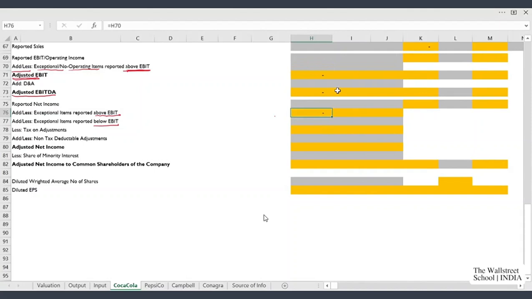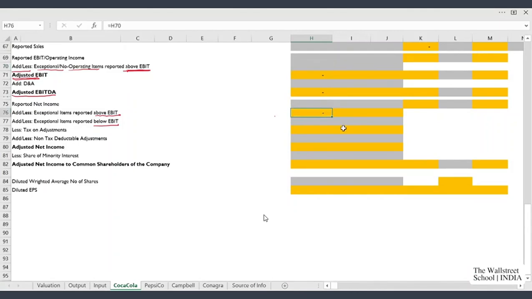The reason is all exceptional items which have affected your EBIT will also impact your net income. So there is no point punching in these exceptional items again. We can directly link these exceptional items from EBIT adjustments.